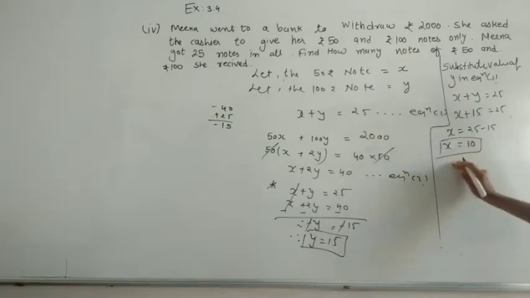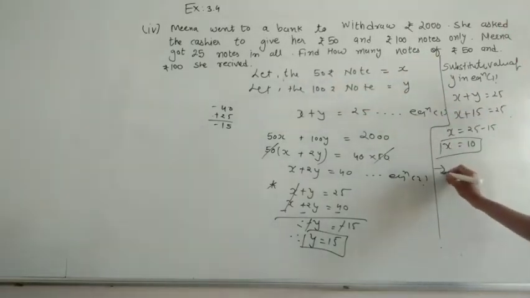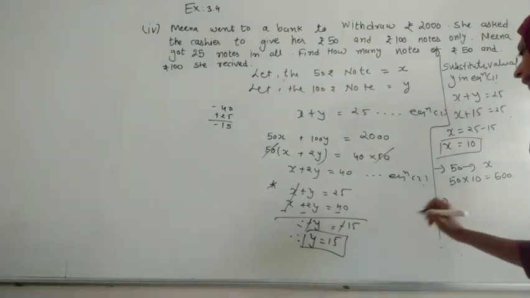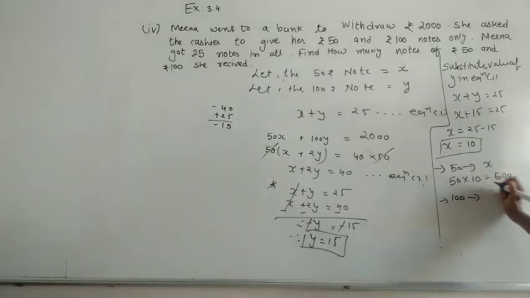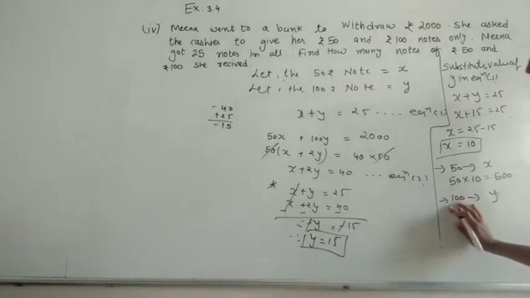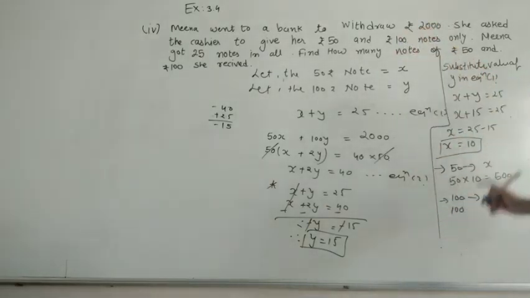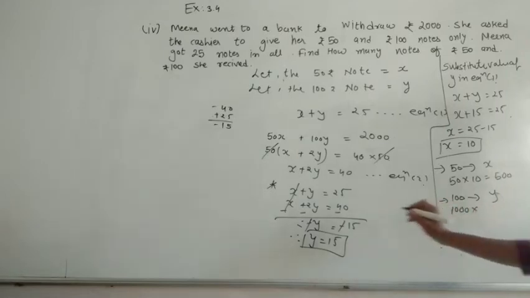यहाँ से हमें ये पता चला कि बैंक पर्सन gave her 10 notes of 50. यानी अगर हम मल्टीप्लाई करते हैं that is 50 rupees के x note means 50 rupees के 10 notes. So we are getting 500 rupees, and we got y as 15. So 100 rupees के 15 notes means y notes, and if we are doing it in rough, so are we getting 2000? Means my point of view is that after checking this, are we getting total as 2000? That is the rough work. This is only for extra knowledge.